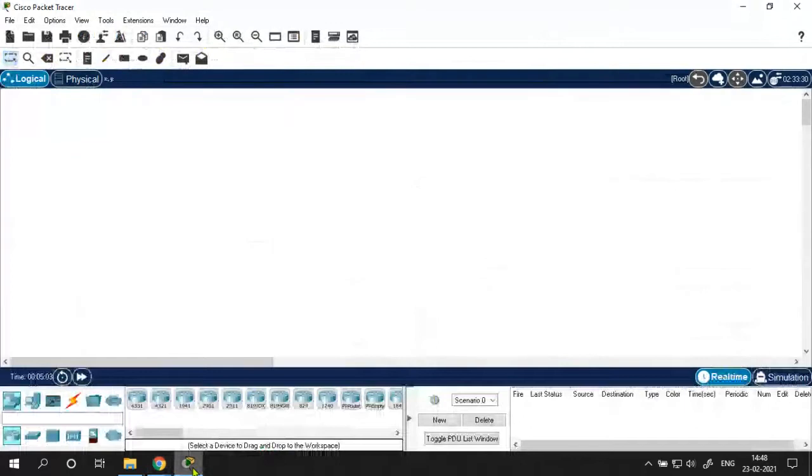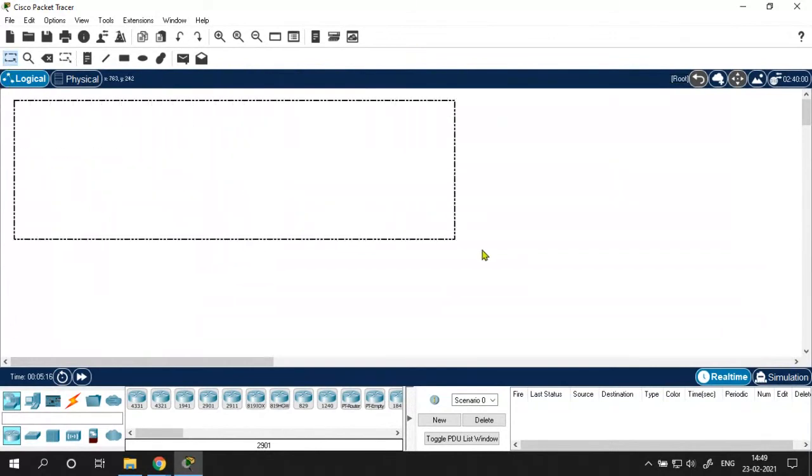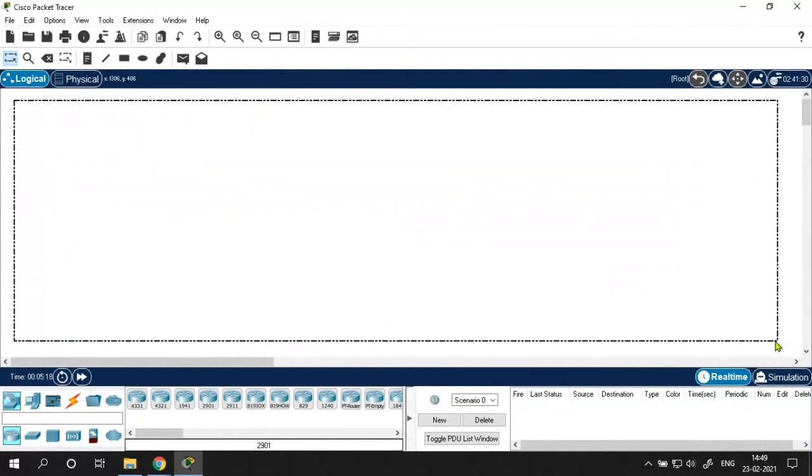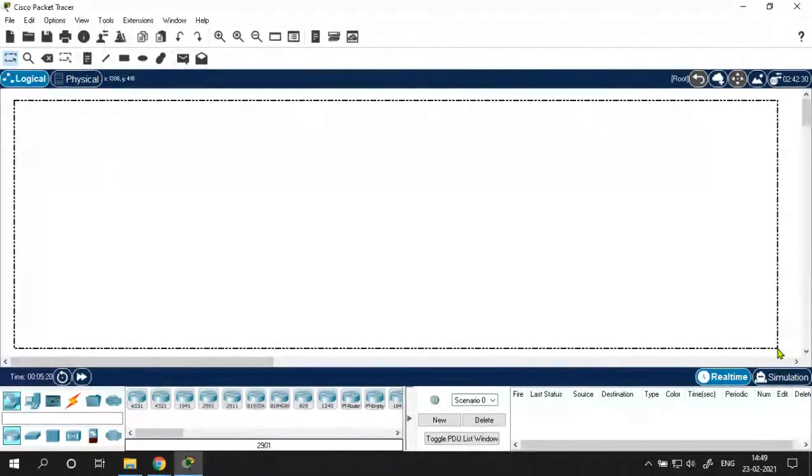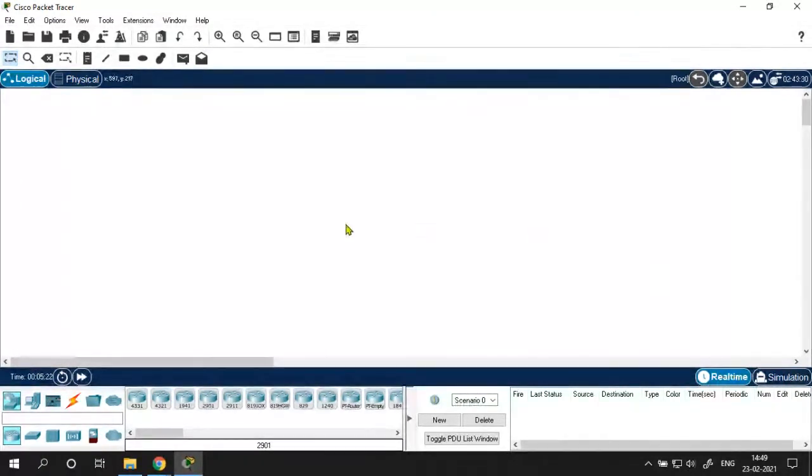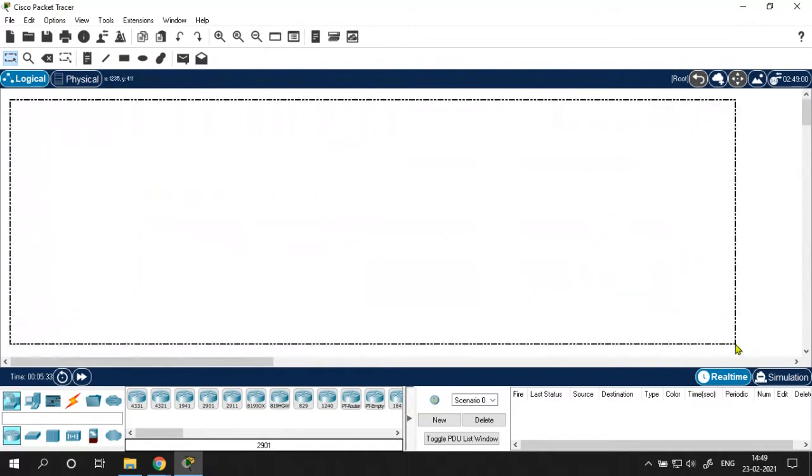So this is Cisco Packet Tracer, in which we will be implementing every concept. But before that, let's have a brief introduction to it. The area that I have clicked is known as the workspace. Here we will be deploying our communicating devices, the network devices. In Cisco Packet Tracer, we work in two modes.